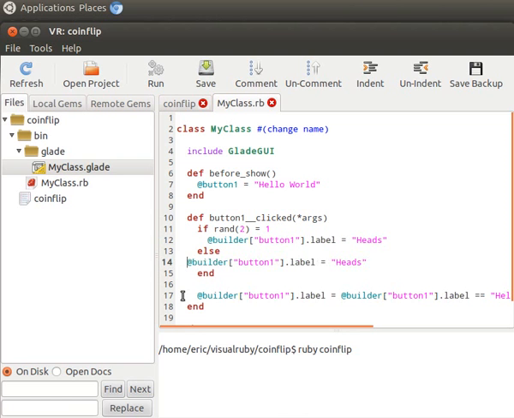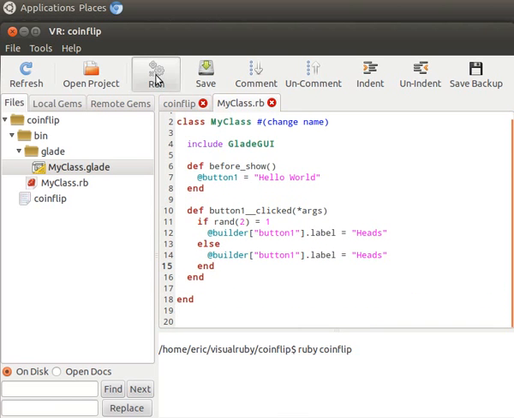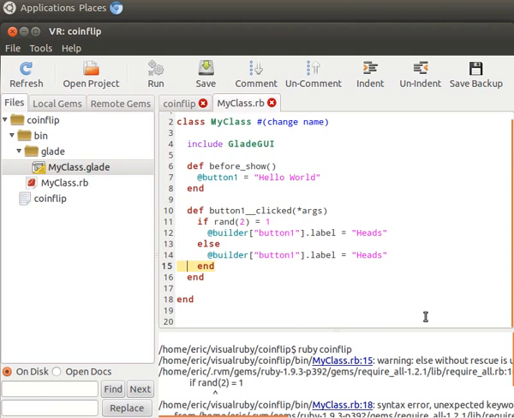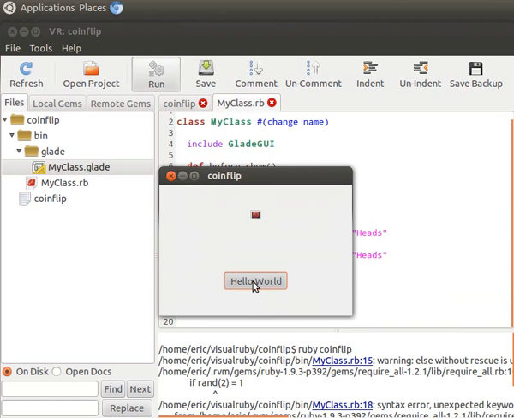And I have to go fast. Let's delete this out. So now the program should, okay, I must have missed something here. Button 1 clicked. Oh, okay. This has to be equals like that. Equals 1. Okay. So now you see it starts with hello world, and when you click it, it